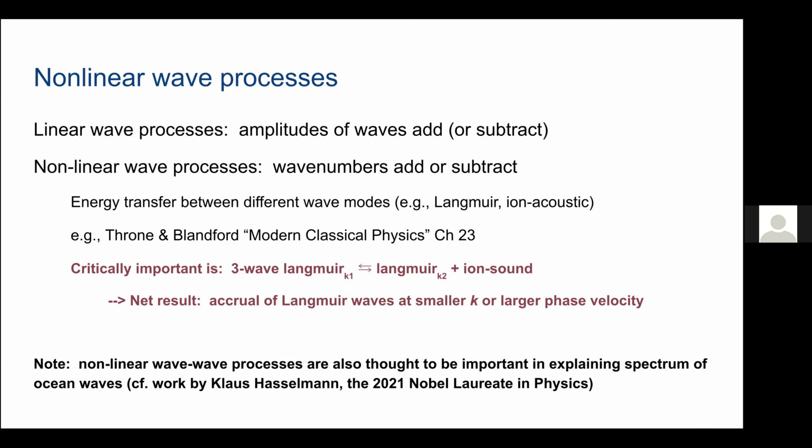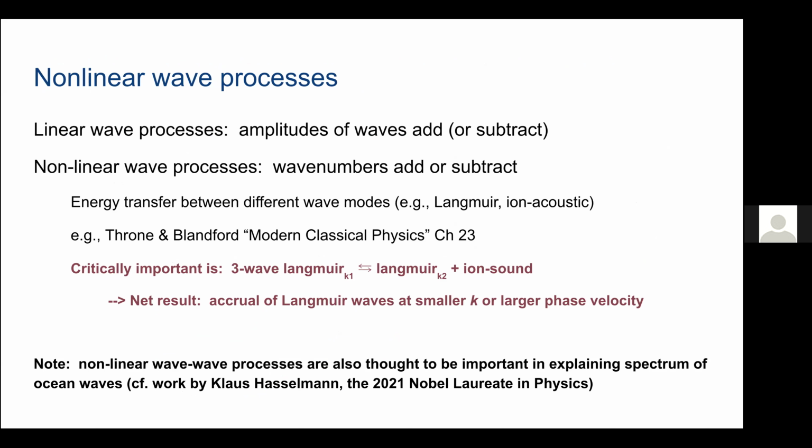Well, you have linear and nonlinear wave processes. This is a type of nonlinear wave process where the wave numbers add or subtract. And when you have this decay of a Langmuir wave into another Langmuir wave and an ion acoustic wave, what happens over time is you have a net accrual of Langmuir waves at smaller and smaller angular wave number k, larger spatial scale,